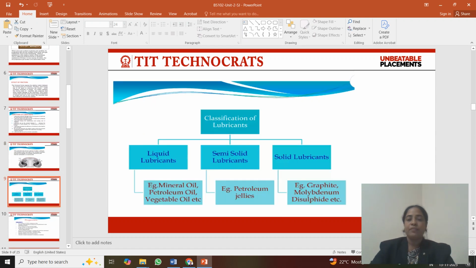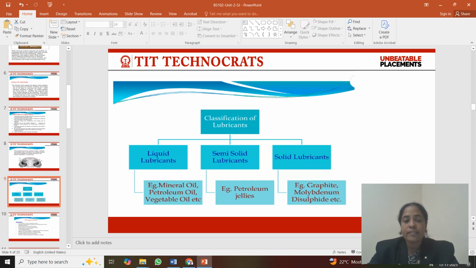Now we move to the classification of lubricants. Students, as you know, lubricants are a very important chemical substance. They are generally divided into 3 subcategories: liquid lubricants, semi-solid lubricants and solid lubricants. These 3 categories are based on their physical states, but apart from these 3 classifications of lubricants, some modified or refined lubricants are also available nowadays, like synthetic lubricants and biodegradable